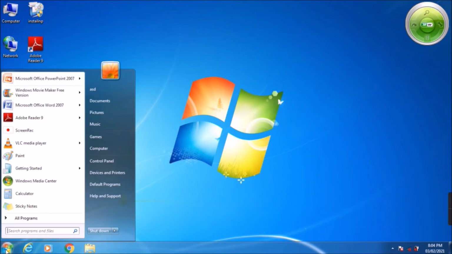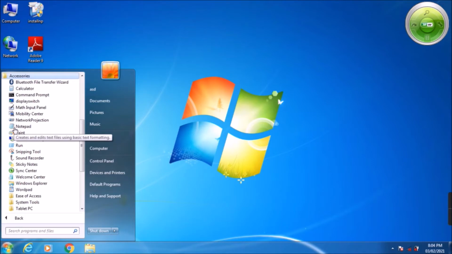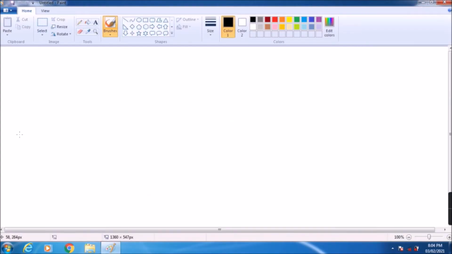Click once. After that, go to All Programs. Click on that. Then go to Accessories. Here you can see the Paint option. Click on that. See, the MS Paint window will open.